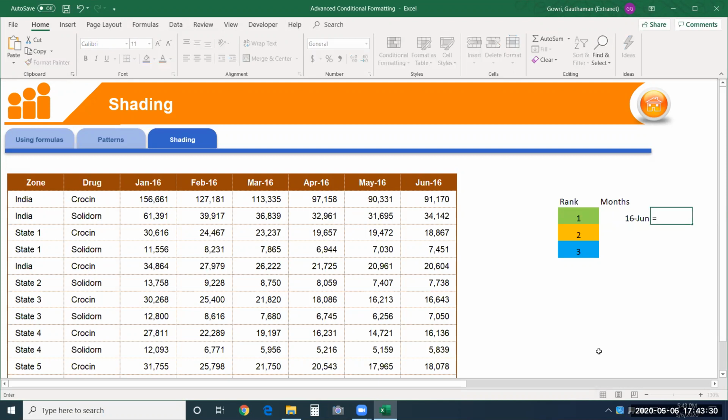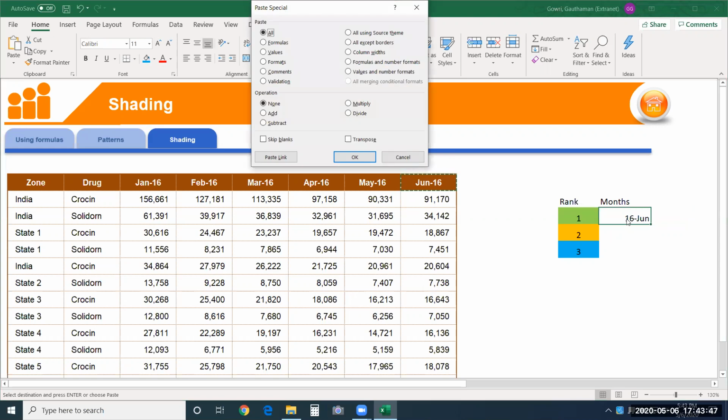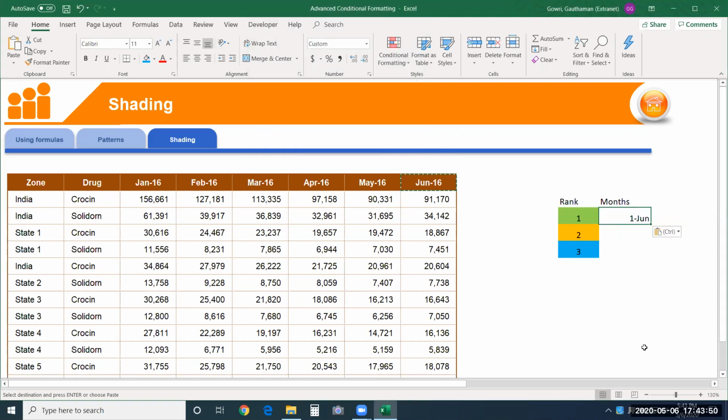So let us check if the values are equal. If it isn't, just go and change it. So it is not equal. What you can do is just copy this value, paste it over here. Yeah, see, it says 1st June. It is better you copy paste it from here instead of typing, so that you will get the exact value and it will match properly.